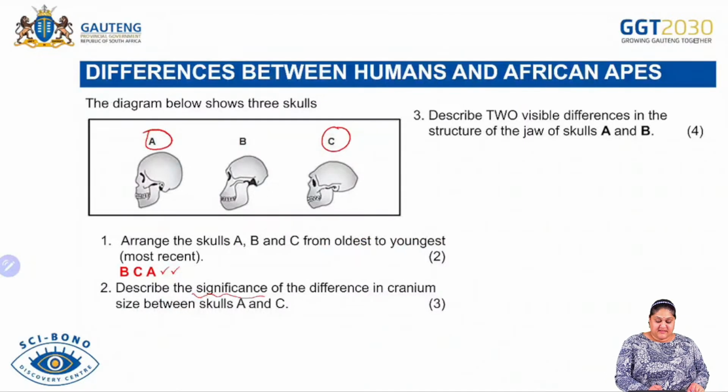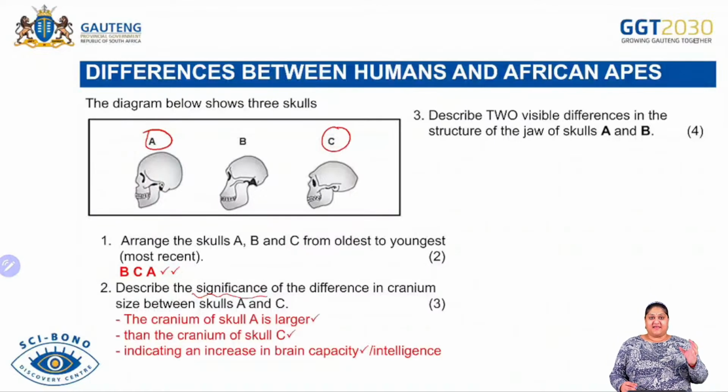Okay, so what is so significant about the difference of the cranium size? It is that the cranium of skull A is larger than the cranium of skull C, indicating an increase in the brain capacity or the intelligence. Okay, so when they ask you to describe, you basically have to explain in your answer what you're seeing there. Then another question, the last question: describe 2 visible differences in the structure of the jaw of